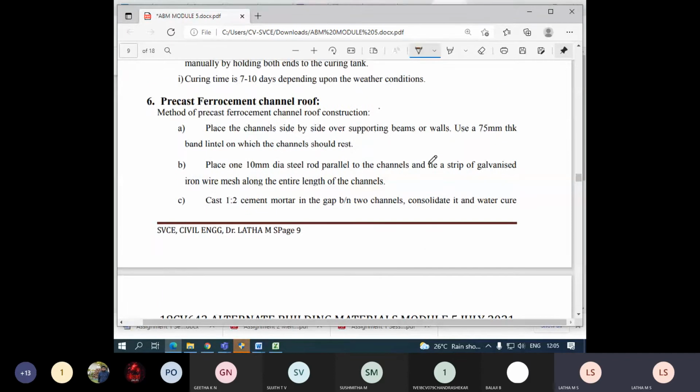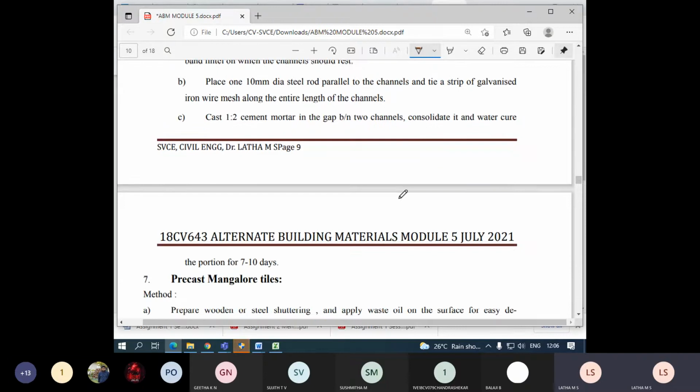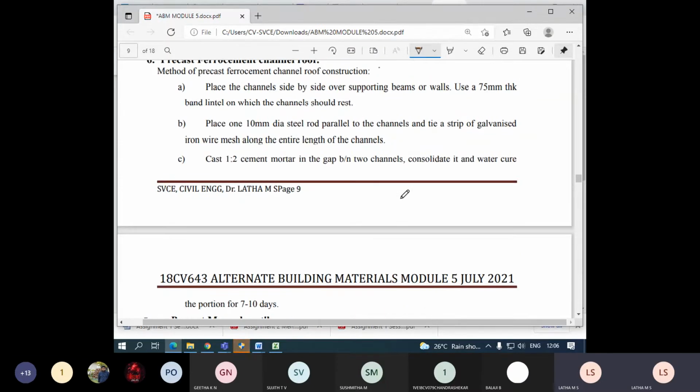So this is what you do. Those roof channels, what you saw in the video, will be readily used for the construction of the roof. The gaps in between the two channels will be entirely covered. Right? It will be taken care to cover either by the cement mortar or any other material you would like, or you can use an ordinary cement mortar.